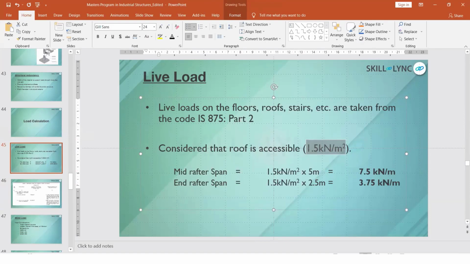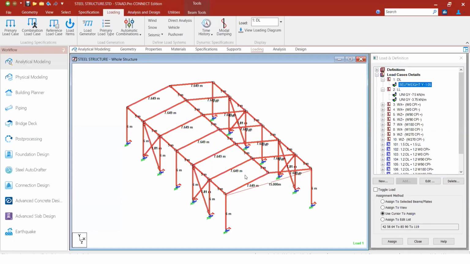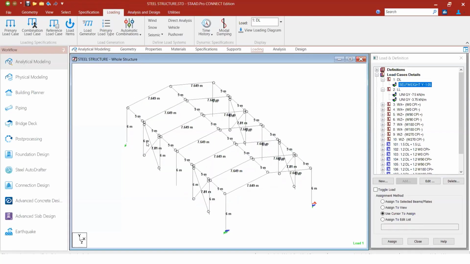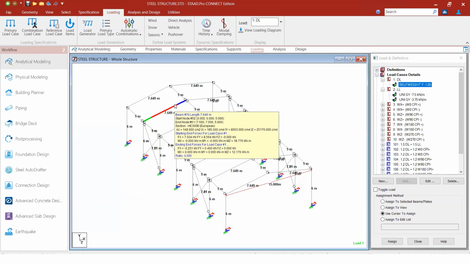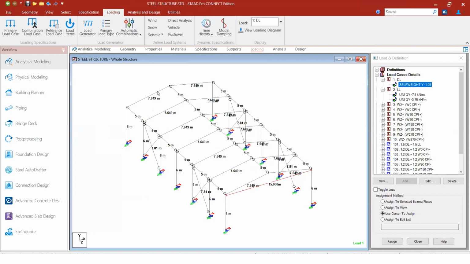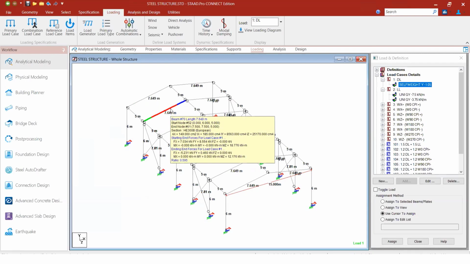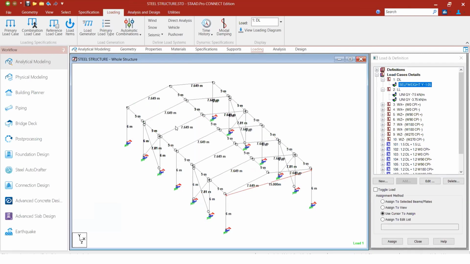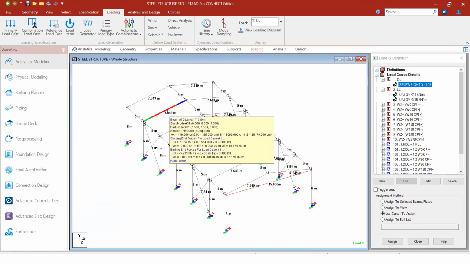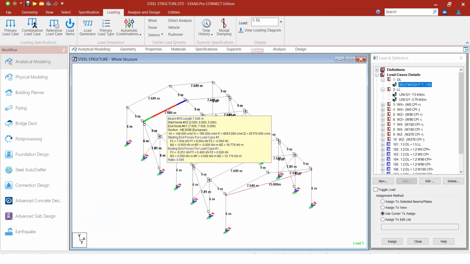And for the end rafter, if you see, this is the end rafter. So for any building loads calculation, the column to column distance is 5 meter. So if you are applying any wind load also, half of the load will go to this column and half of the load will go to this column. The same way, rafter to rafter distance is also 5 meters. So half of the load will go to this end bay and half of the load will come to this rafter. If you take this to this rafter, half of the load will come to this rafter and half of the load will come to this rafter, right?